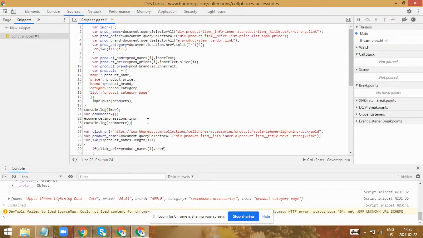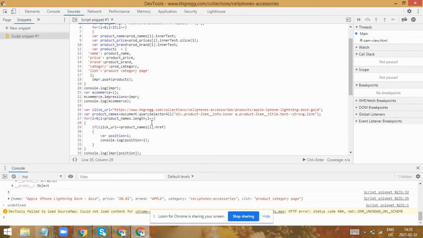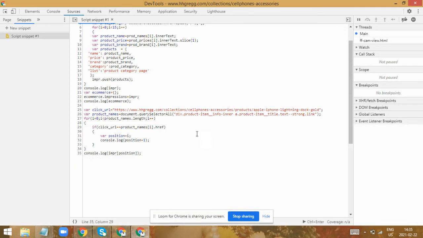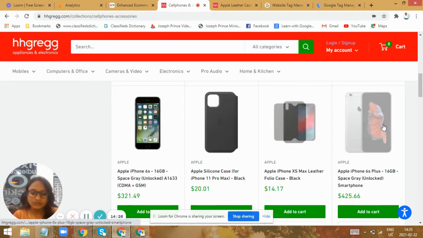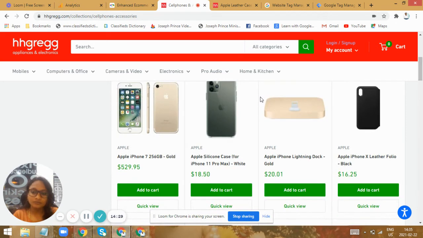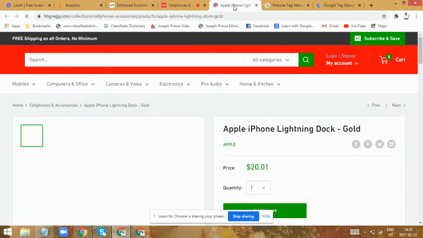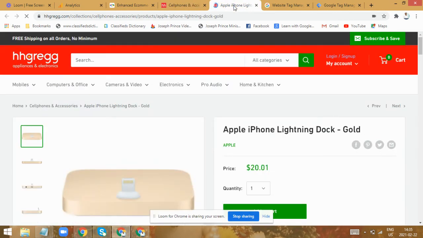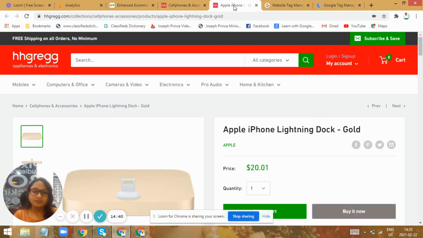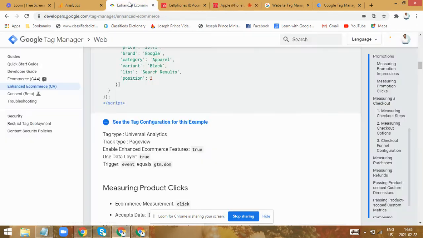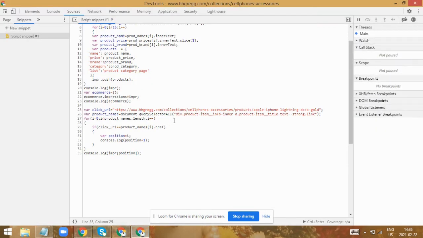So further moving on to our actual topic now, we need to know what is the product that is clicked, right? So in order to know that, let me show you over here. Let me click this one. Yeah. I'll click this product. So how could Google know that a user has clicked this product? Only by informing it through the data layer. For that, we need to mention the click URL, I mean the link that is clicked by the user.